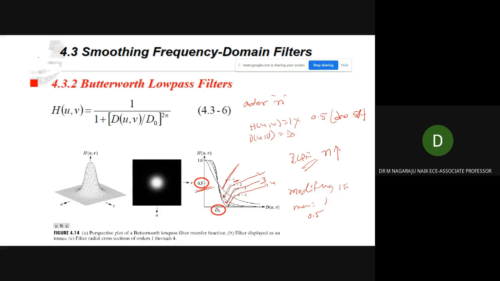So one value is d of u comma v equal to d naught, and the other value commonly used is 1 by root 2 of the maximum value of h of u comma v. Now h of u comma v is 0.5, but when d of u comma v is equal to d naught, h of u comma v is going to reduce to 1 by root 2. After the modification of this Butterworth filter,